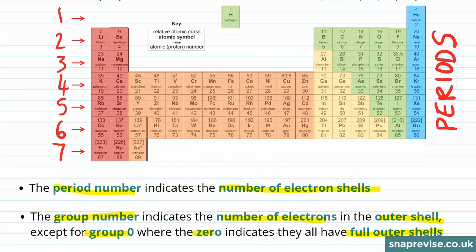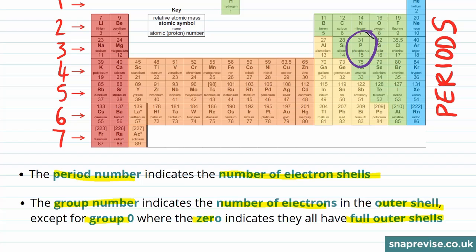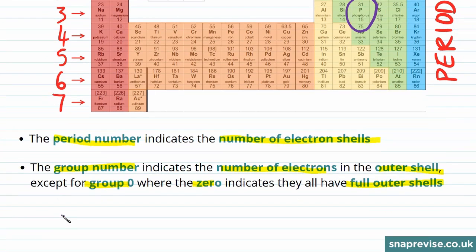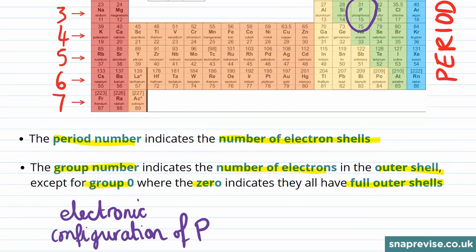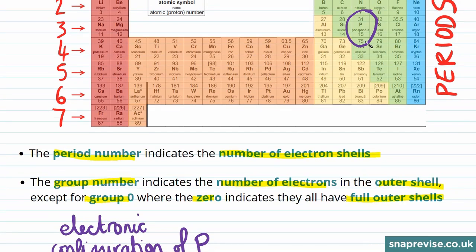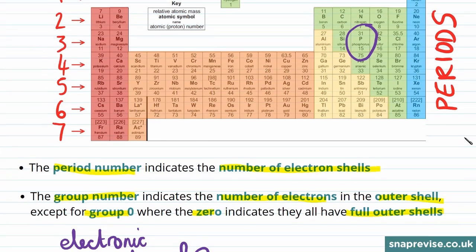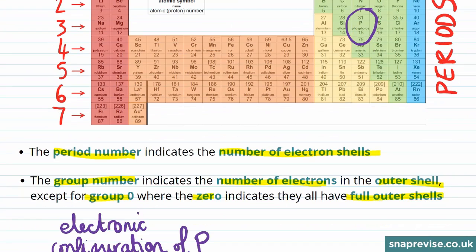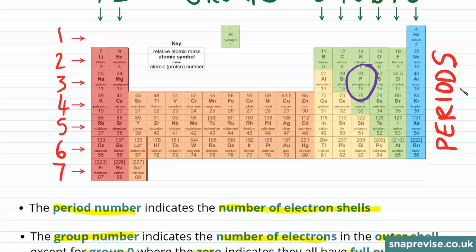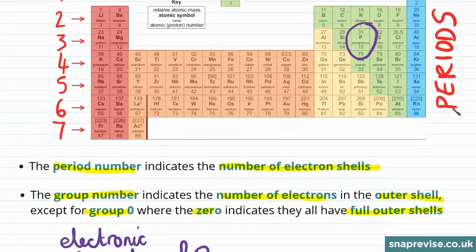We can now look at an example of using the periodic table in order to determine an electronic configuration, using as an example phosphorus. So, what is the electronic configuration of phosphorus, which, as we can see from the periodic table, has a chemical symbol of P? To start with, we need to identify where phosphorus appears in the periodic table. If we look at the rows and columns that phosphorus appears in, we can see that phosphorus is in the